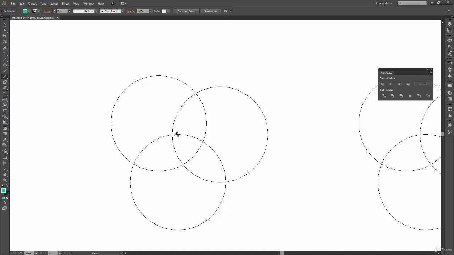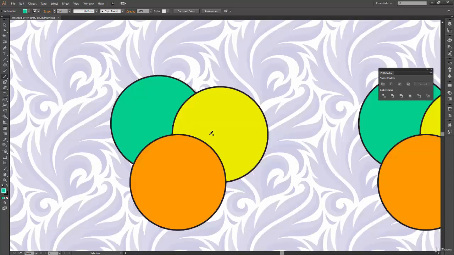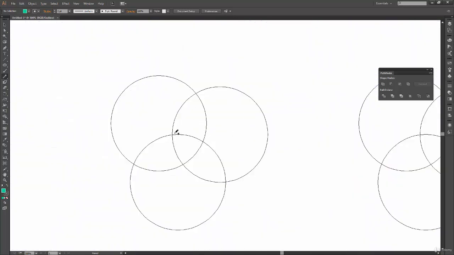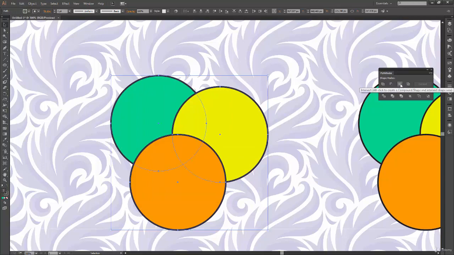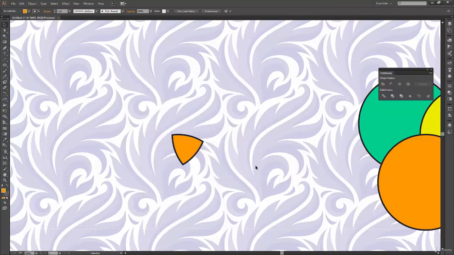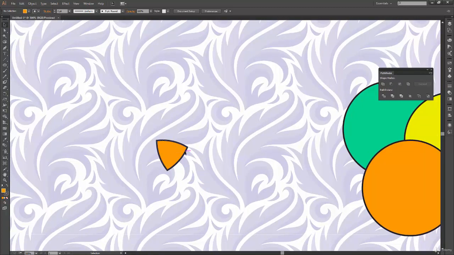It is very clear now, since we are in outline mode, we can see through the shapes that the common area for these three circles is this one. So my theory says this shape will be preserved and everything will be removed after I apply the intersect operation on these three shapes. Let's see whether my theory is correct or not. I'm going to use the intersect operation here, and here is the shape we thought we'd get, exactly what we thought. My theory was correct because this was the only area common between these three circles and it got preserved.